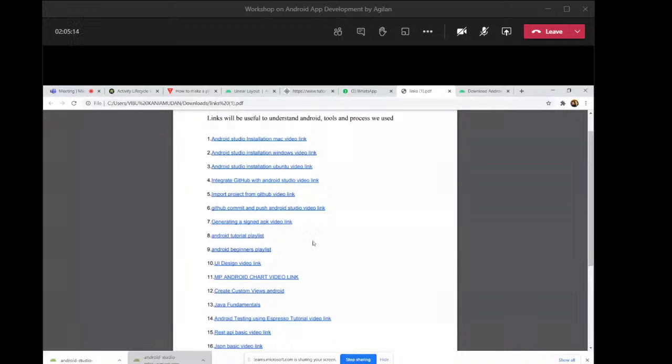So if you go to that GitHub, then you no need to worry about the push and pull. And generating a signed APK means once you create an application, you will do anything. But how the signed APK, how you are going to release in the market, that and all will come under the 7th. And the 8th and 9th,